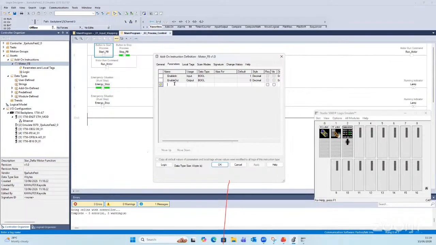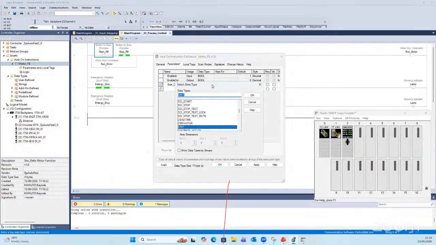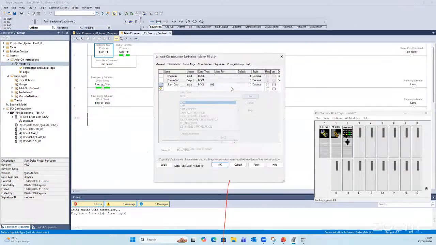So if, for example, you have your start command, start cmd, you want it to be an input, you select that I want it to be an input parameter. I want it to be a boolean, you select bool. You have an alias for it. What does alias mean? Alias is like a symbolic name. I tell you that okay, this is,